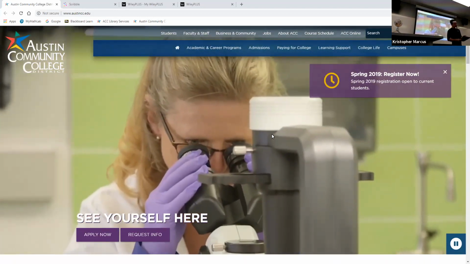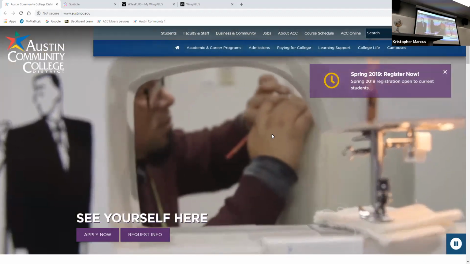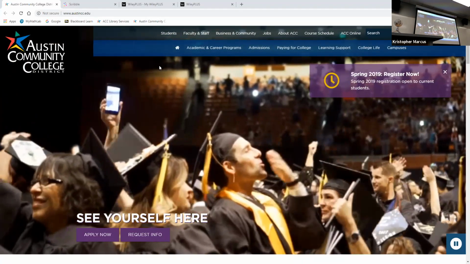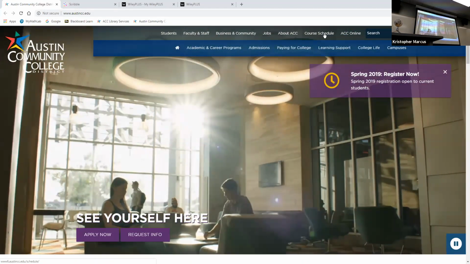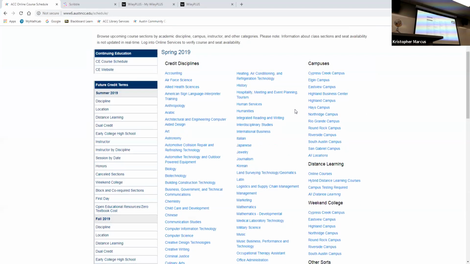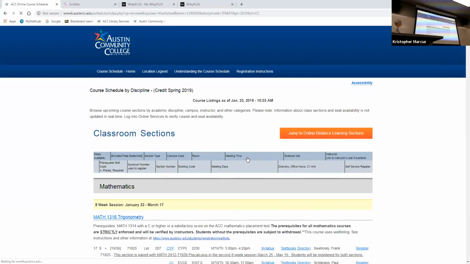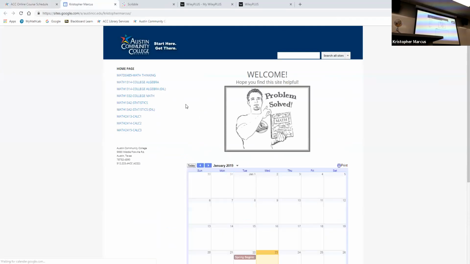The website is posted here in the syllabus. But for practical purposes, there's a quicker way to get there. I'll send a link in Blackboard so you can look at ACC's Blackboard to find it. But to get to the website, if you look up course schedule on ACC's website and go to the math courses, just like you did probably to find this class, find my name anywhere in the list, any class that I'm teaching. And if you click on my name, it'll bring up this website. So that's the link for the website.